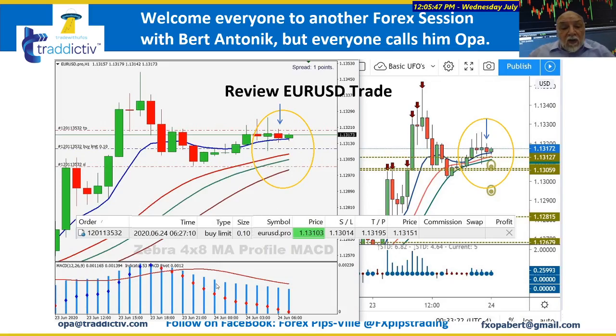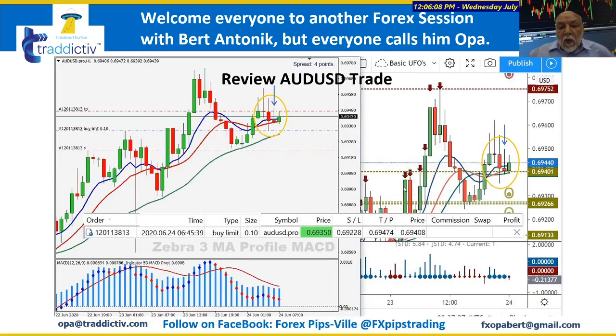Unfortunately, it didn't work out the way I thought, and after looking back and analyzing, we kind of forced this trade simply because we only have an hour for each of the FX trading sessions. Forced it a little bit, and it didn't work out the way I thought. And so here is the Aussie, very similar, looks almost the same.